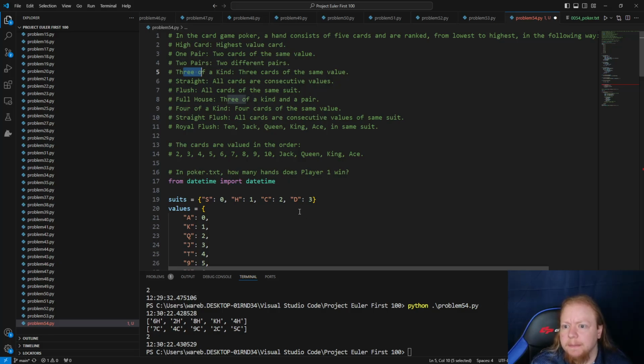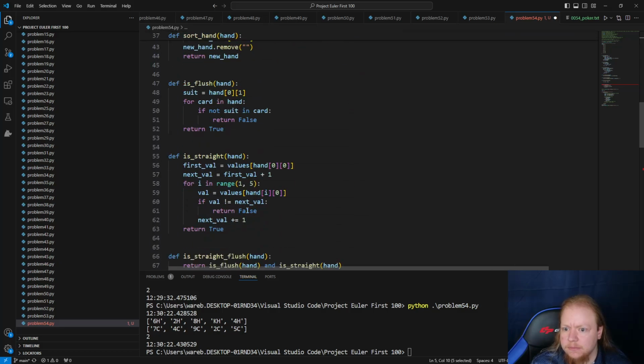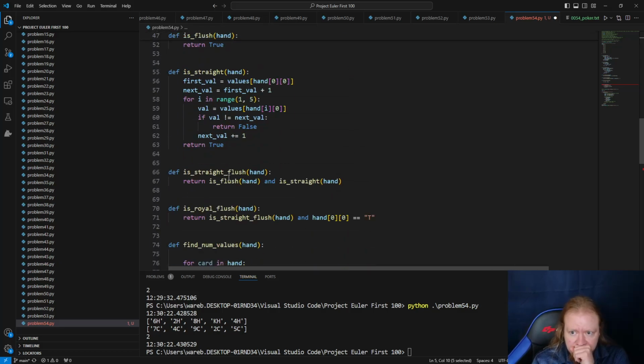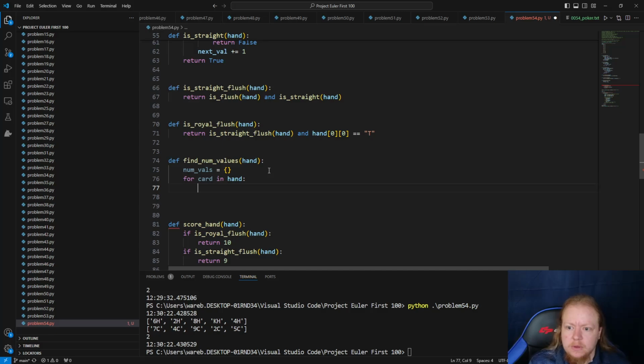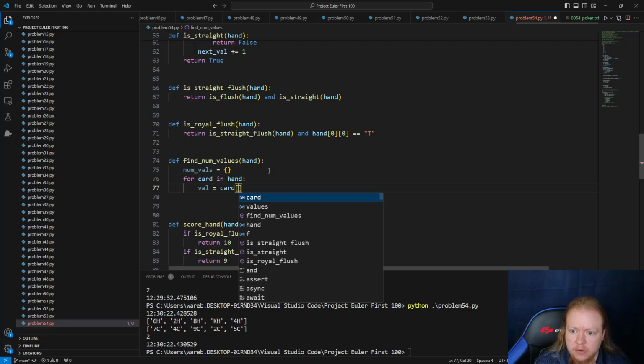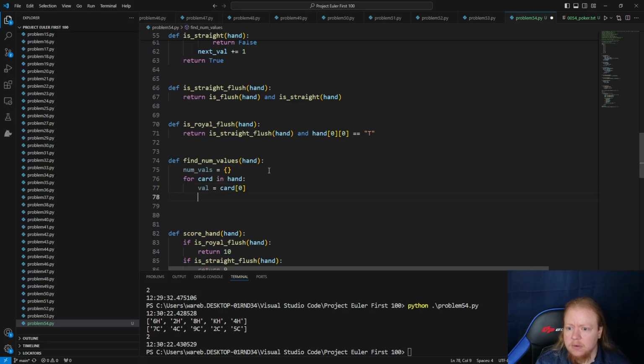Below that, so we're going to have this be num vals is a dictionary. And val is card at index 0,